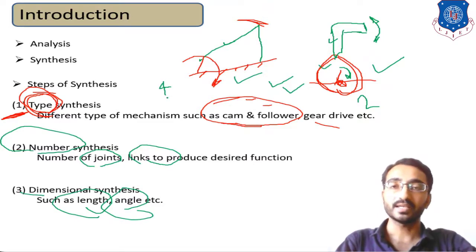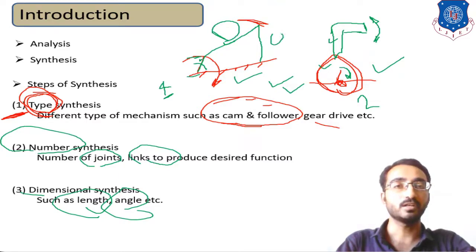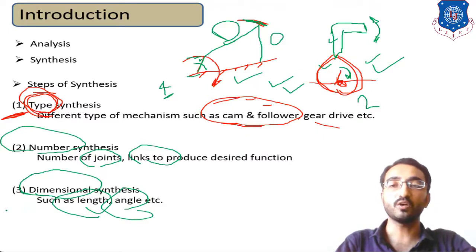So over here, after calculating that I need 4 links, I will decide, given a rotary motion, that the length of the crank should be limited to a certain limit. Then you will calculate what should be the length of the connecting rod and lever, so that I can achieve oscillatory motion over here. Or, in the case of a cam, what should be the diameter of the cam so that it completely produces the oscillatory motion. So this type of calculation about length, angle and so on comes as the third step and last stage of design, and that is known as dimensional synthesis.